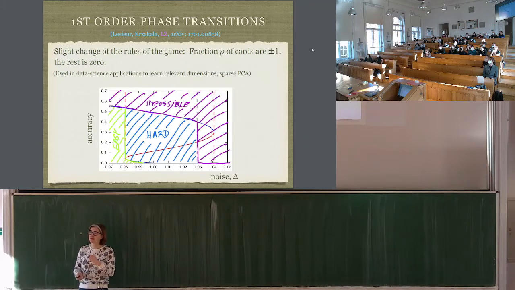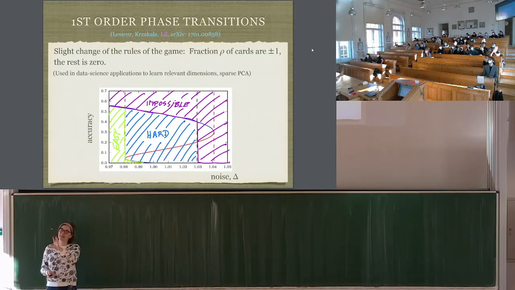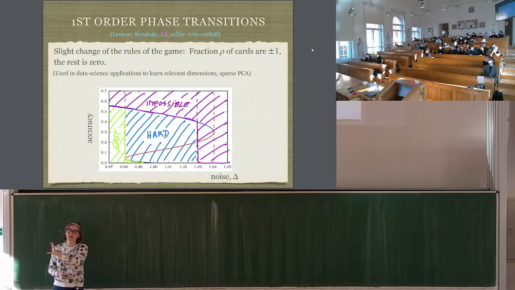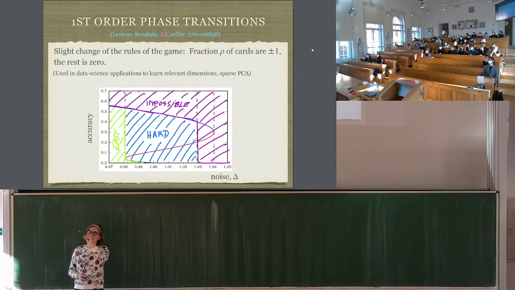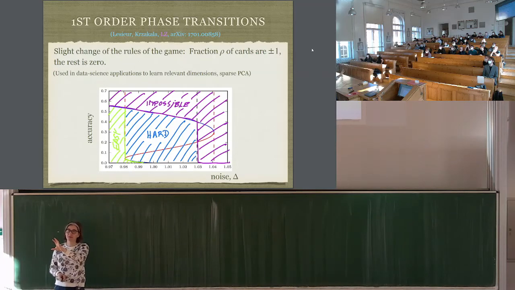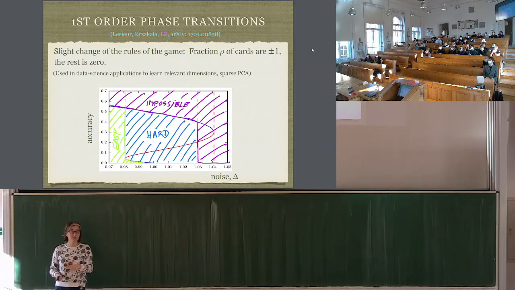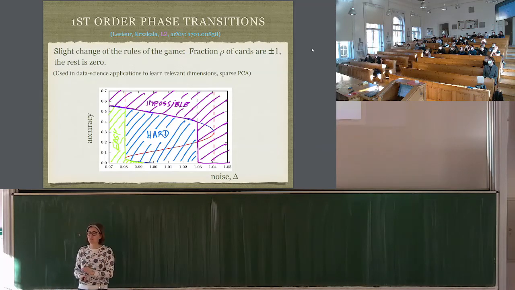But here, what I will do is color this graph into 3 different regions that translate this curve into what the algorithms are able to do. The green region will be accuracy that the algorithms we have can reach. The purple one will be accuracy that no matter which algorithm and no matter how long we run it, even exponentially long, we cannot reach. The information is lost, it's not there anymore, there is too much noise.